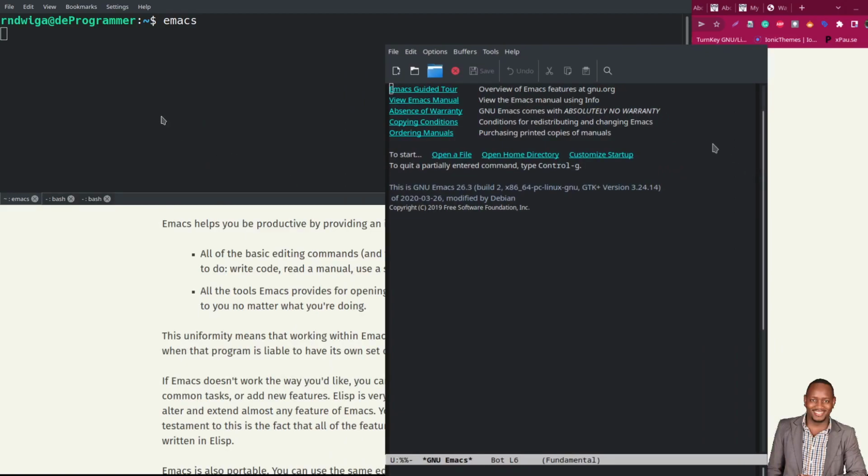the original terminal is still left. It has been tied up. That is, you cannot use that particular terminal to enter or run other shell commands. So if you launch it from a terminal, and when you invoke the emacs command on the terminal it launches another window, and you still want to use the previous terminal to run other shell commands, the best way to do that will be